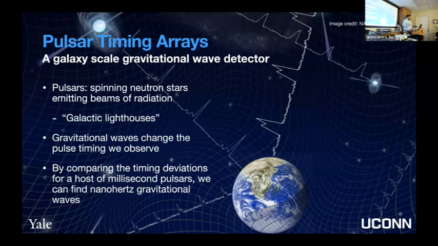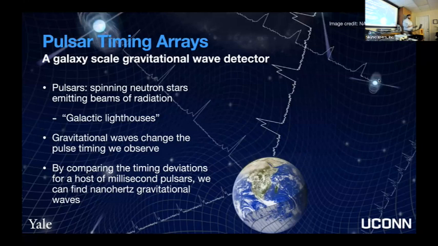And it turns out that if a gravitational wave passes between the Earth and the pulsar, since it distorts space-time, it changes the distance between Earth and the pulsar. And so that changes the timing of when we get those little blips. If we know how the pulsar was supposed to blip at us, and then we observe a slightly different blip, we can start to figure out, oh, maybe there's a gravitational wave here. Now that's really hard to do with just one pulsar. There's a lot of different things that can go into that exact timing and the timing that we actually observe. So instead we look at entire arrays of pulsars.